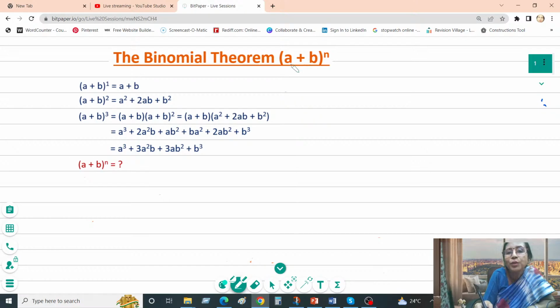So we are having two terms a plus b, and combined they are getting raised to the power of n. These are two variables, a and b. They may be having any value. They may be pure numbers, 3 plus 5. But if you have two numbers, you just add them and take the sum total, and raise it to the power of n. You don't need an expansion or the binomial theorem for 3 plus 5 raised to the power of 2. You will be just adding: 3 plus 5 is equal to 8. 8 raised to the power of 2 is 64. Finished.